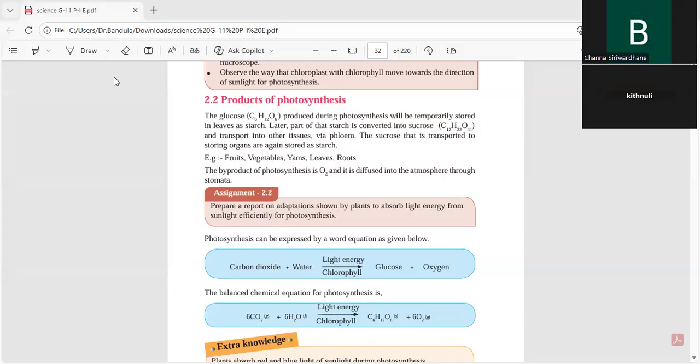Which is transported through the plant, through the plant,